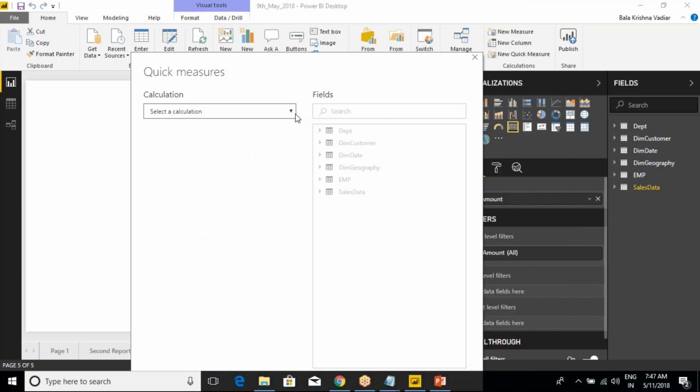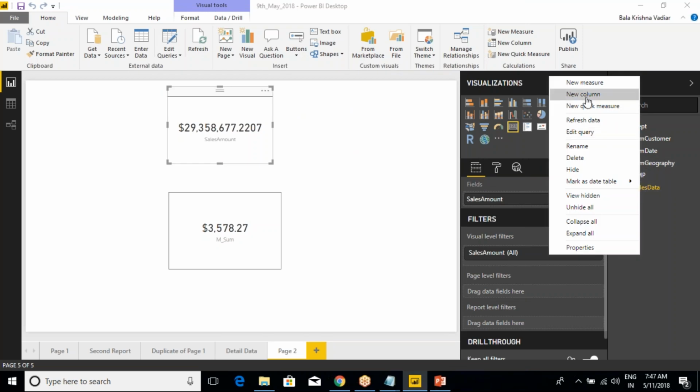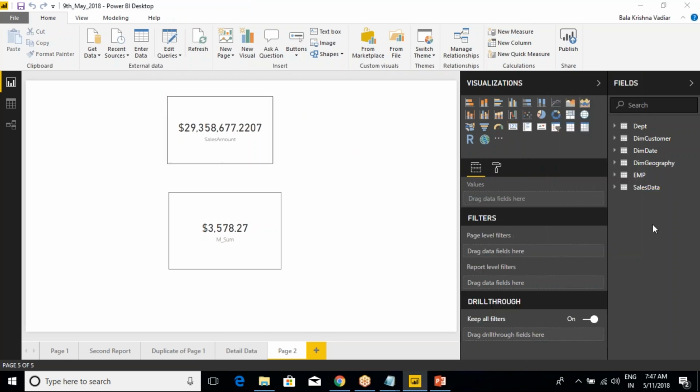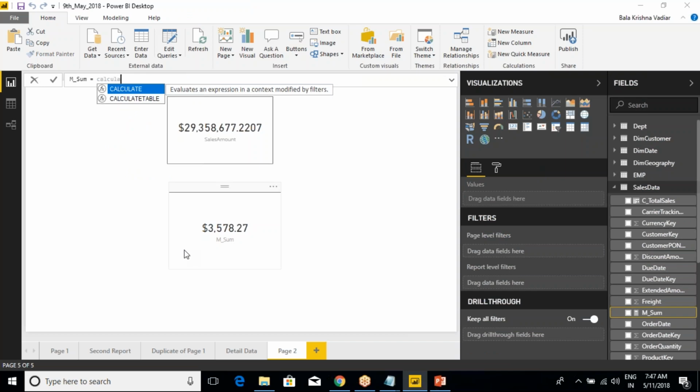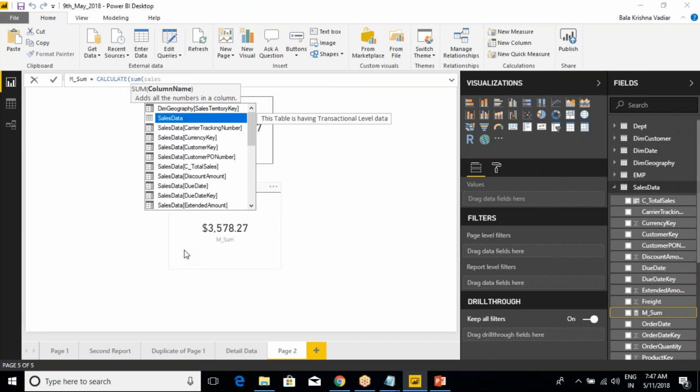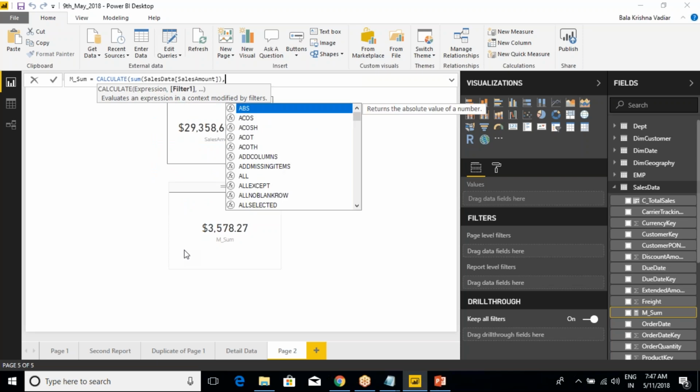Now whenever a user wants to perform a measure or add a measure, they should have minimum knowledge of, for example, the sum operation we added here. If they want to go for the calculate function, let's take the sum of sales amount, and close it. Not for the whole table level, but only for